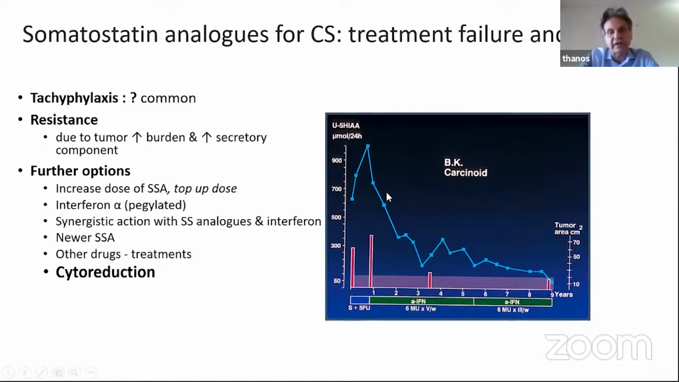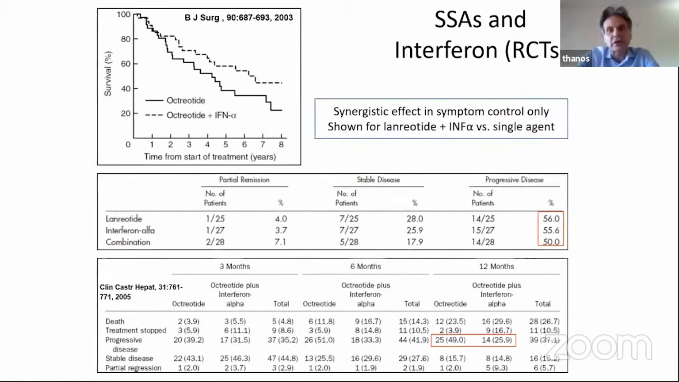And as you can see from this slide, interferon has been shown to have an effect in reducing the level of 5-HIAA and controlling the symptoms. Then there is a synergistic action of somatostatin analogs and interferon, newly developed somatostatin analogs, other drugs, and of course, cytoreduction, which means all the means that we can employ to try and reduce the tumor bulk, either surgically, with cytoreductive techniques, or medically. So because of the action of both somatostatin analogs and interferon, 2 randomized studies have looked